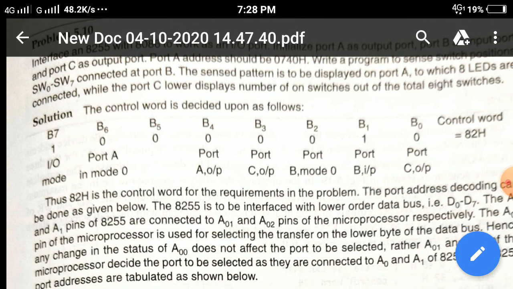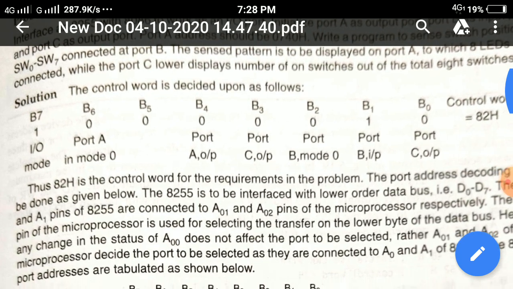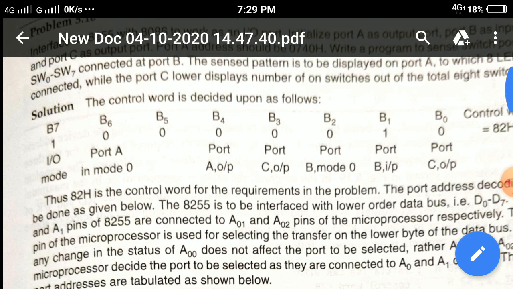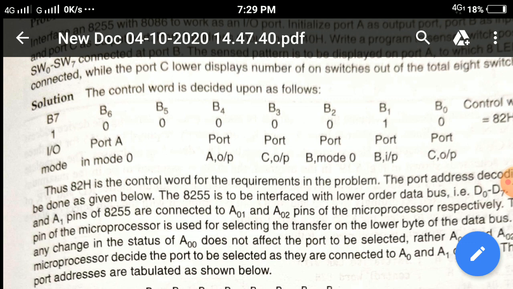And see, this is the control word format, which shows how the programming is required to be done on the 8255 PPI. We discussed this in the previous video about the 8255 PPI. This is the control word format that we load on the control word register, so that the programming can be completed for this PPI device.